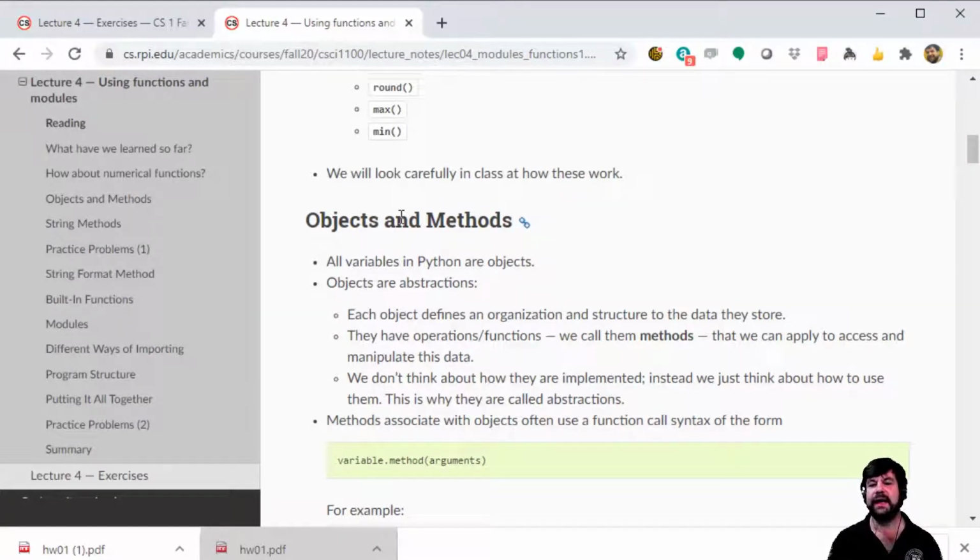The idea is that something like a string is an object. What the object is, is it has data that goes along with it that holds its state, and then it has methods that work on that data to do certain operations. Everything in Python is an object. An integer is an object, a float is an object, a string is an object, a list is an object. All of these are objects, and because they're objects, they have this abstraction that says